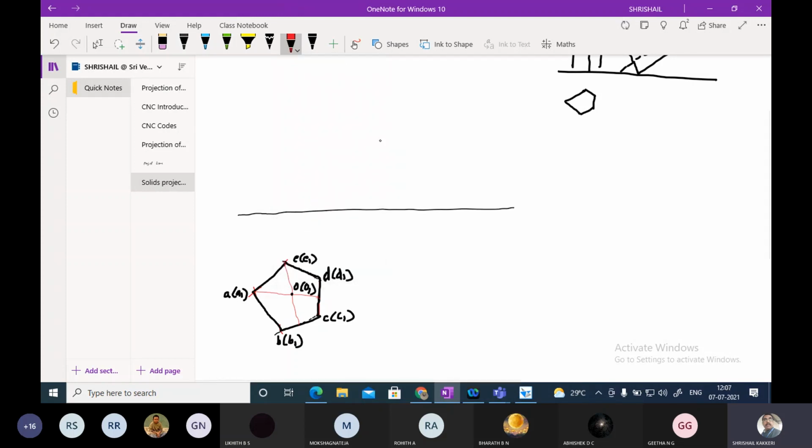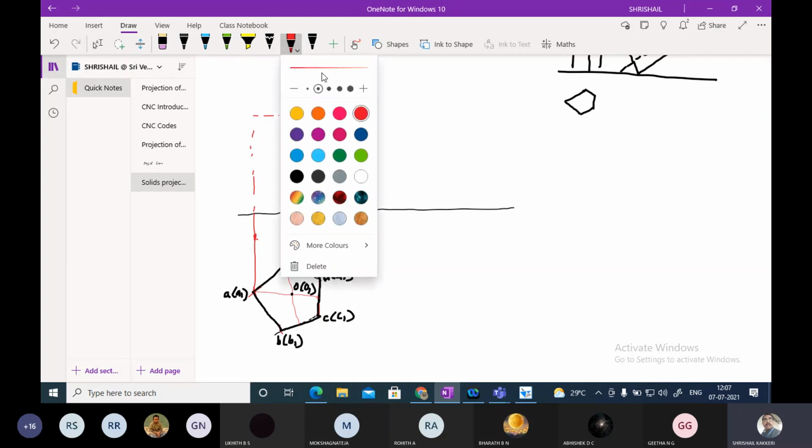Okay. Now, let me draw vertical lines going up. Please look here. I have drawn this line and this line and this line. I have shown the arrow mark. It is not necessary that you show it, but I have shown here how I have drawn this. Now extend this for a height of 60 mm. Then you extend them up to there. Okay. I am going to write it.